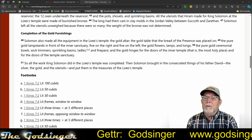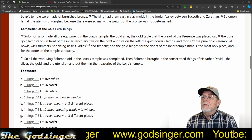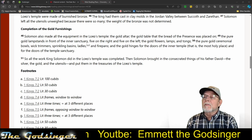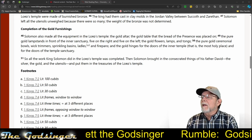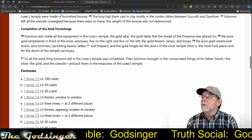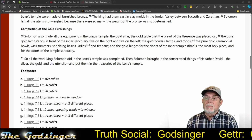Completion of the gold furnishings. Wow. Solomon also made all the equipment in the Lord's temple: the gold altar, the gold table, and the bread of the Presence, and the pure gold lampstands in front of the inner sanctuary, 5 on the right, 5 on the left. The gold flowers, lamps, and tongs, the pure gold ceremonial bowls, wick trimmers, sprinkling basins, ladles, and fire pans, and gold hinges for the doors in the inner temple,